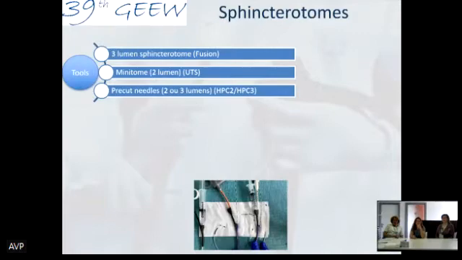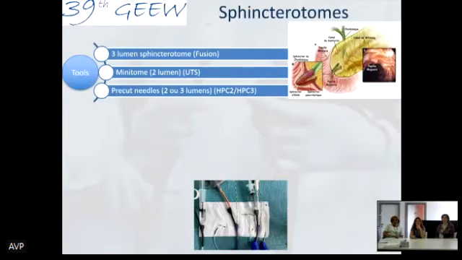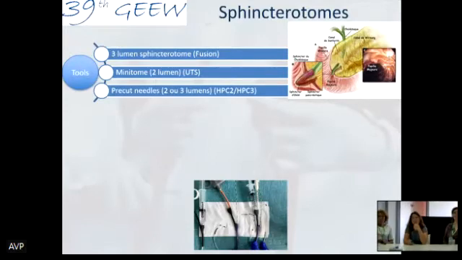And then the pre-cut needles, this is if you want to do a pre-cut, again with 2 or 3 lumens. This is what I explained this morning in the hands-on for the young doctors, that it's very important to look at the papilla, to examine the papilla, to identify all the structures, because these are the landmarks. These are structures that are going to help you as well to follow the procedure. If it's a young physician, you have a very big responsibility in the procedure as well, because it's mostly the nurse at the beginning that tells us what to do. So it's important